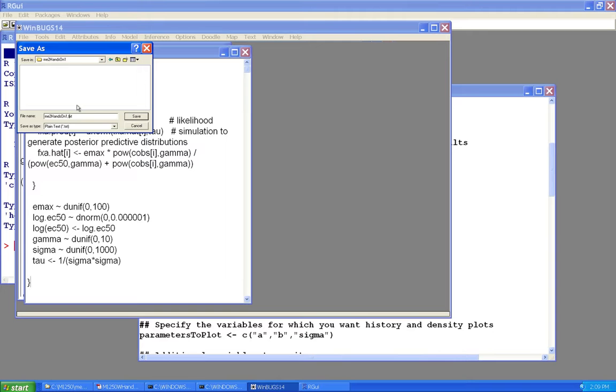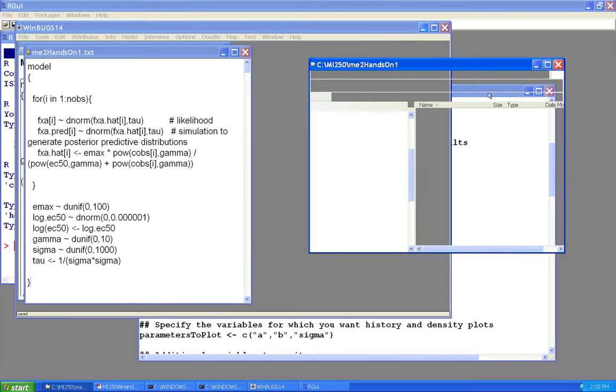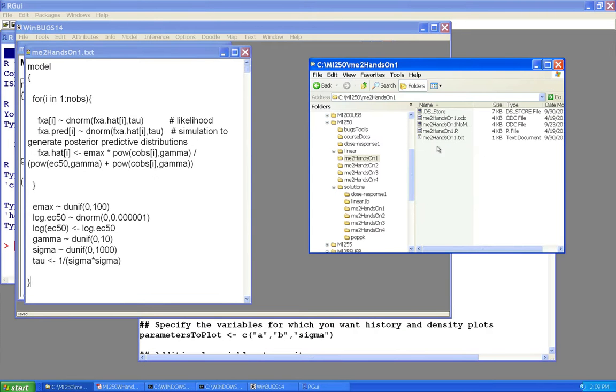Actually, did I use a period or is that a comma? Let's see. Okay. So that's now saved as a text file. If everything went well, if we go back to our directory there, we should see, let's see, MI2 Handson 1.txt,